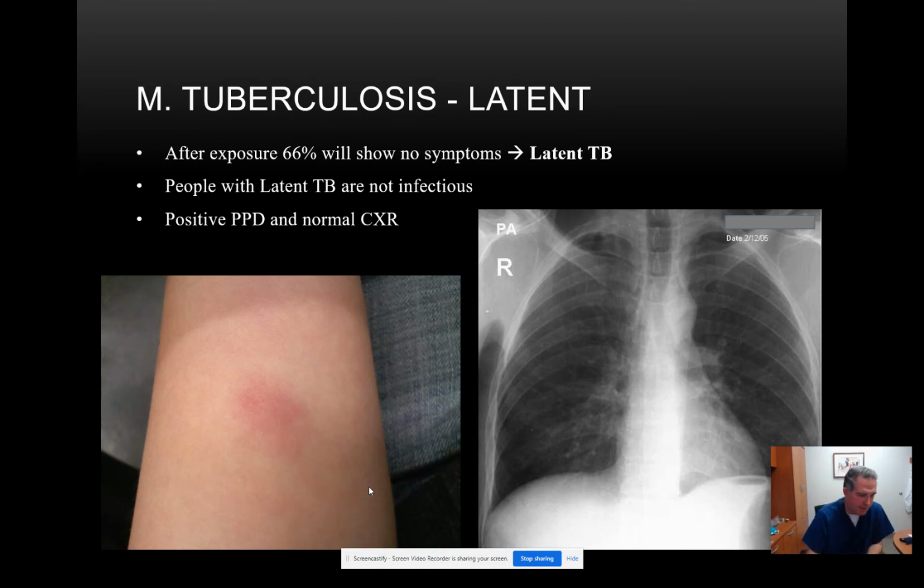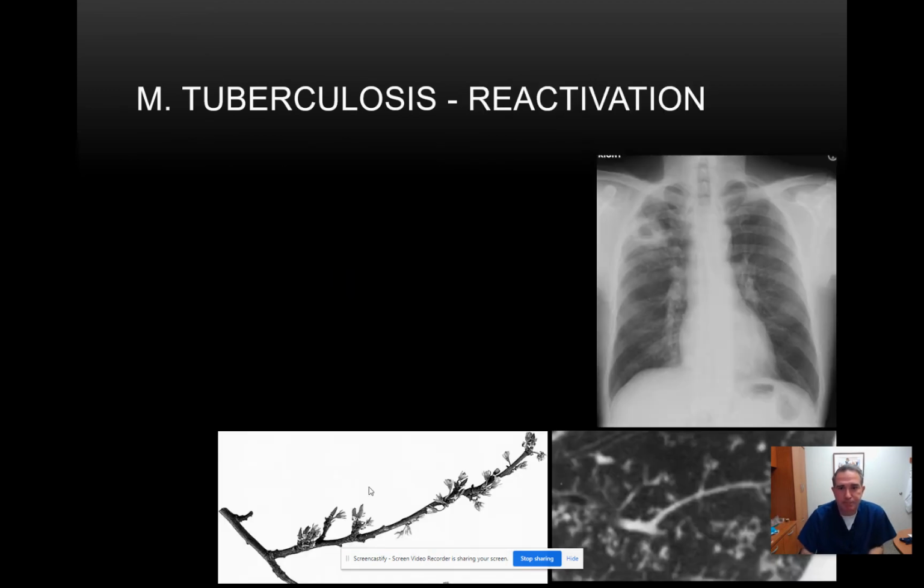So they get a positive PPD because they get a job as an intern or medical student, and they get a chest x-ray because of the positive PPD. They have no cough, no symptoms, and then they're put into this category of having latent TB. Then of that group of people who have latent TB, a small percent, about 10% of them, will